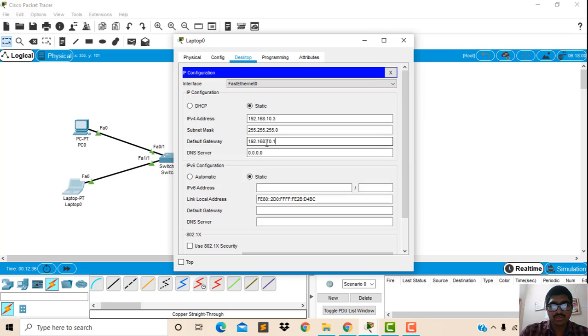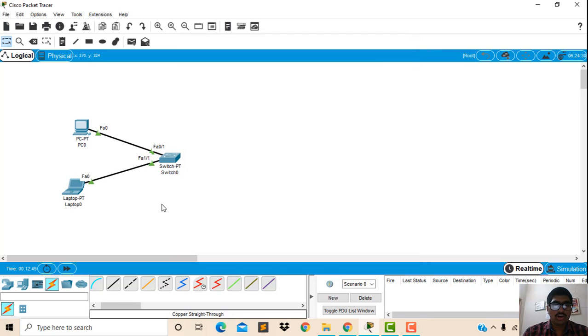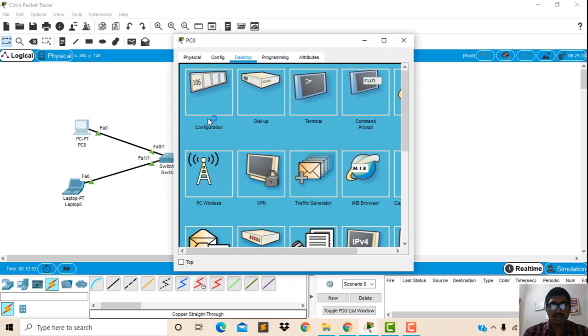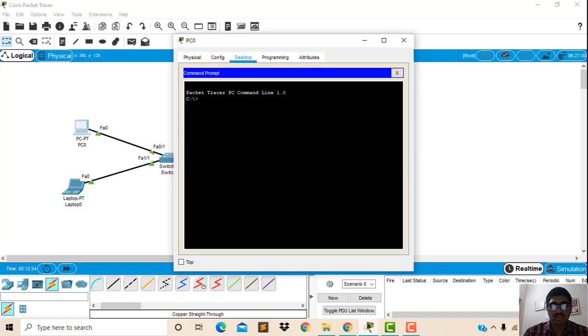The default gateway should be the same so they can ping each other, with replies from PC to laptop as well as from laptop to PC.